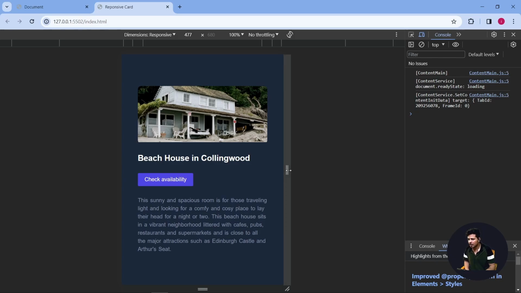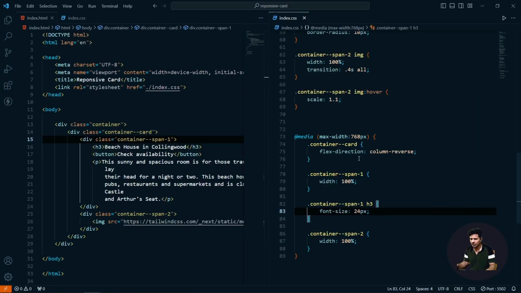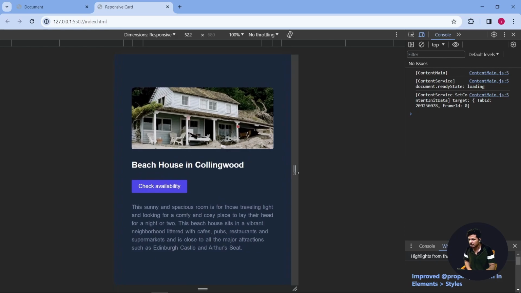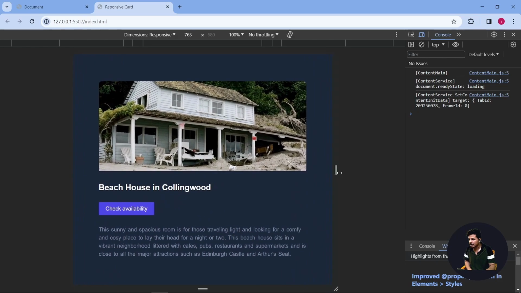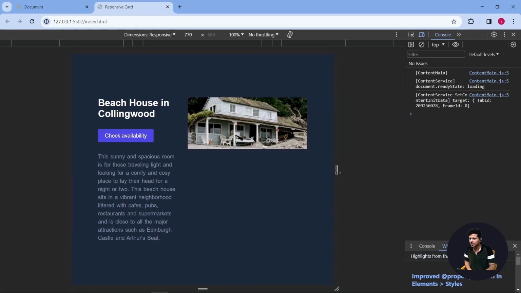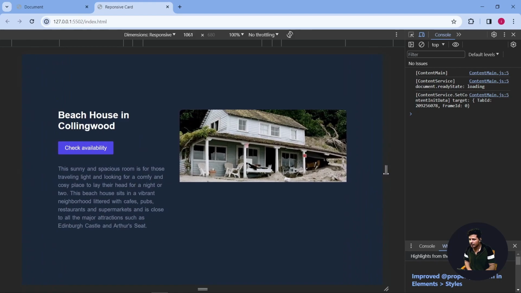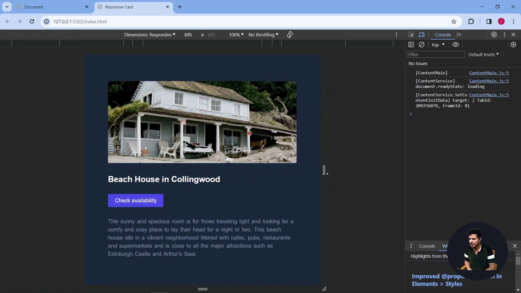So now let's check the responsive design, how we have done it. We just changed the width for the spans to 100% whenever this condition is true, for span 1 and 2, and for the card I want flex-direction column-reverse in order to get the image on top and details over here. Let's check the responsivity. If I increase it, you can see, whenever it crosses 768 pixel it goes to this mode, the other CSS. And if I shrink it up to 768 pixel,